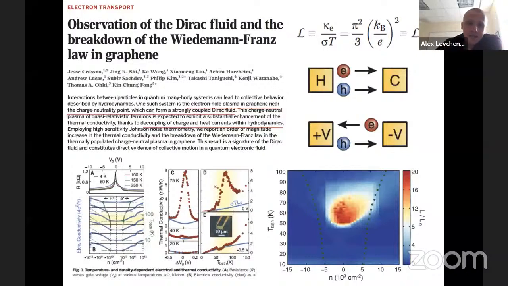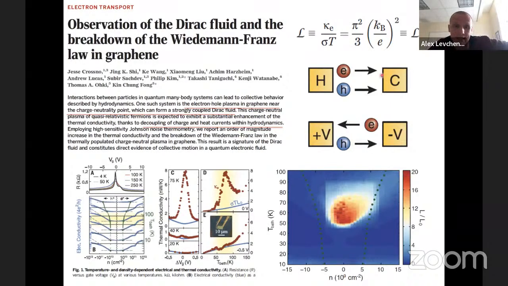I should say that on general grounds, we should expect that in graphene close to charge neutrality, meaning when we tune the total density close to the Dirac point, we should expect a very dramatic difference between the heat flow and electronic flow. And this decoupling of charge and heat currents would create these anomalous thermoelectric effects. And so next, I would say 5 to 7 slides are to explore this physics.